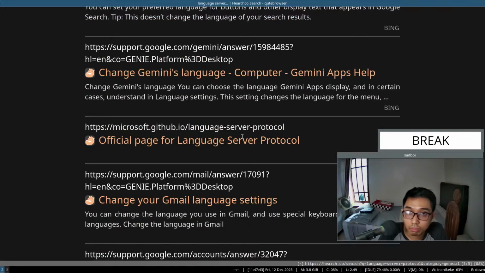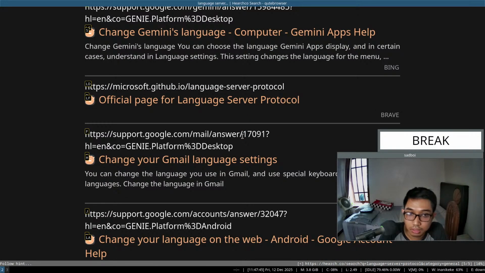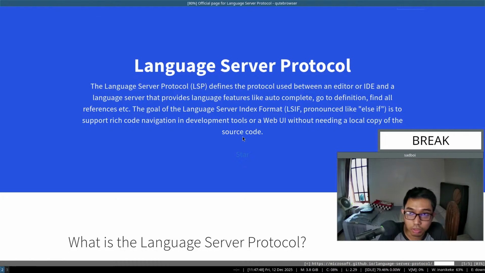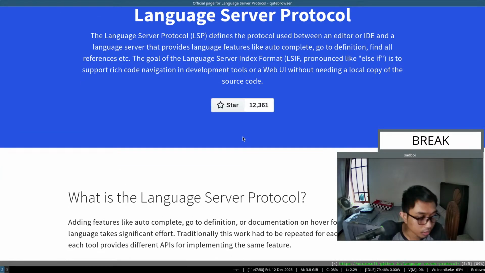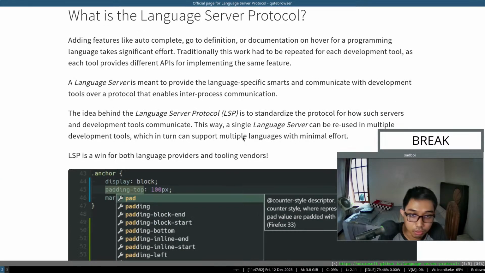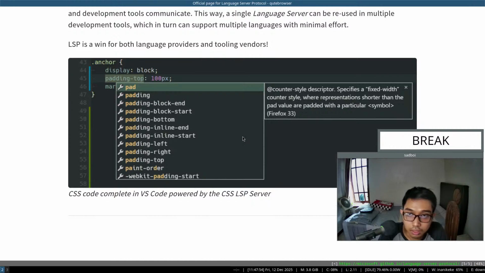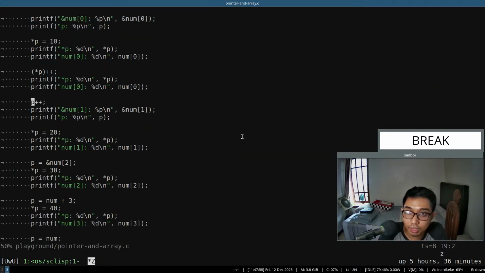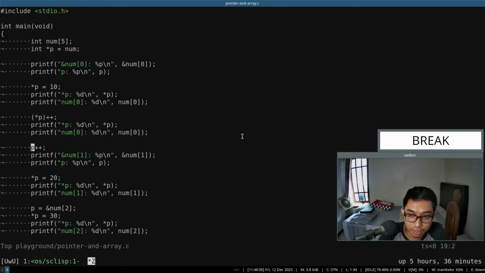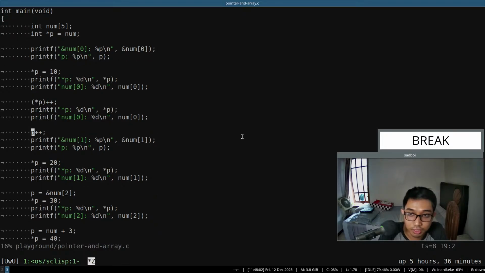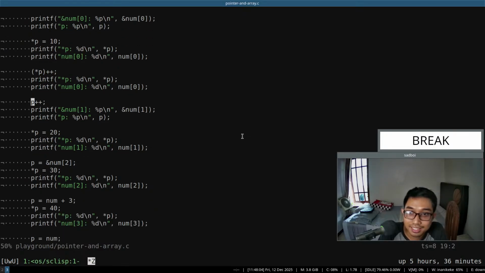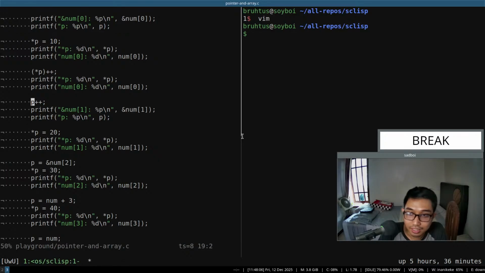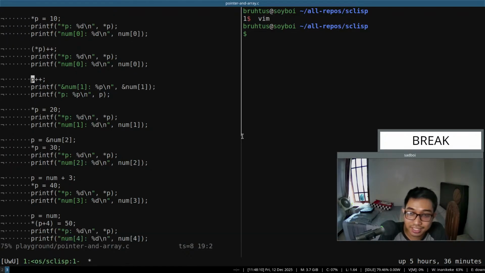A lot of people like using this, right? The language server protocol. But currently I didn't use any language server protocol. I'm just using Vim like the default one, except for my own key binding, you know. Like currently I don't even have LSP running for C, so